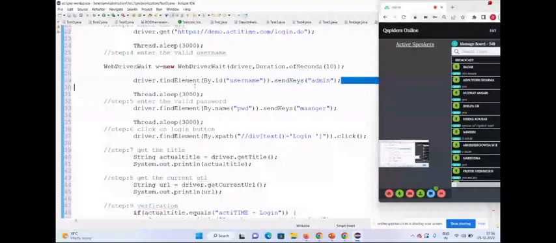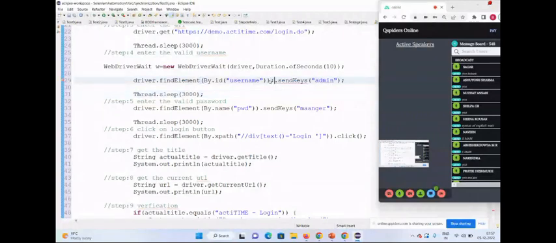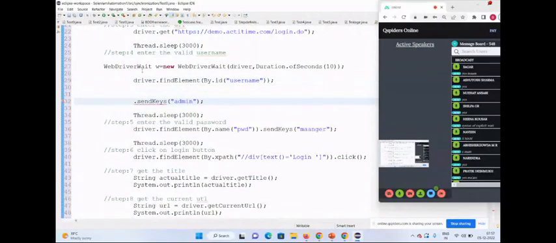Before I perform the action, I need to check that the element is loaded and I'm able to perform the action. Let me store it inside a variable after finding it. The return type is